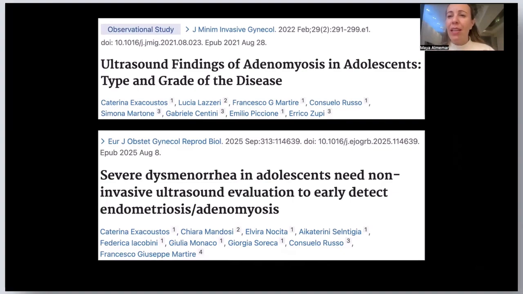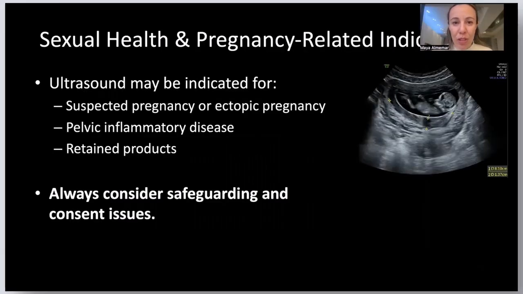And when you do detect endo, it's more likely to be early and mild, which in fact is really reassuring, because what that means is we have a window of opportunity to detect earlier and instigate treatment, which is really, really important. So in really good hands, and where possible and where the patient consents to transvaginal ultrasound, and where they are really resistant to treatment, do consider these diagnoses in this cohort of patients.